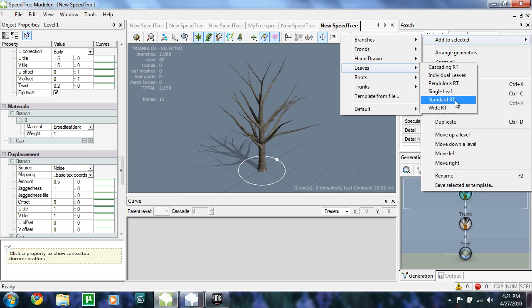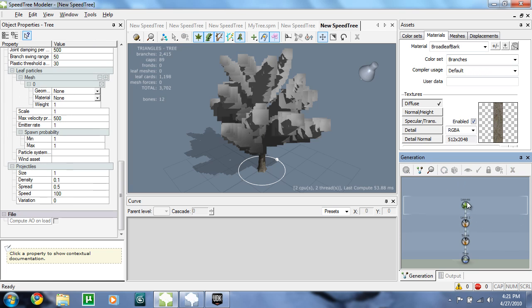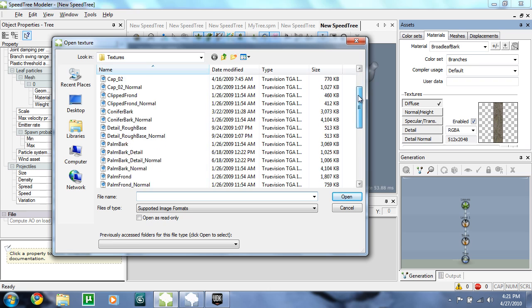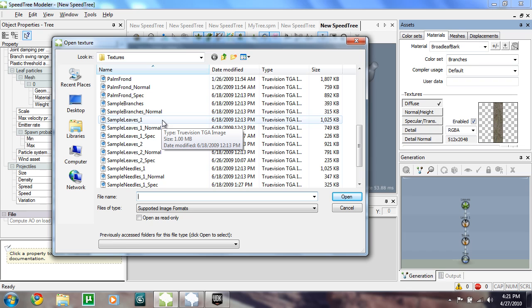leaves. I'm just going to stick with the standard throughout this whole tutorial. You can change it if you would like. Now I'm going to come up, click add another material, and for me, you can pick a different one, I'm going to stick with sample leaves 1,